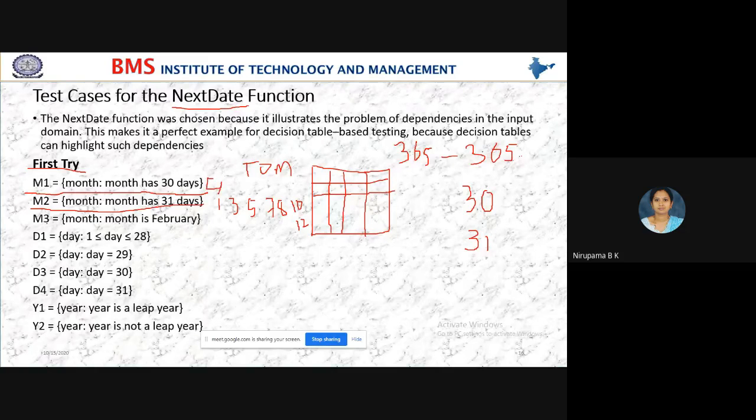4, 6, 9, 11. Do you agree with me, students? Yes. What comes after 4? April,